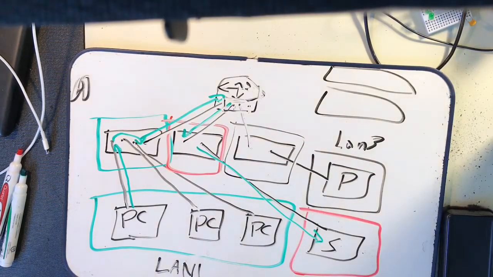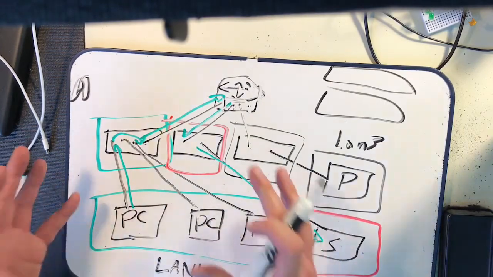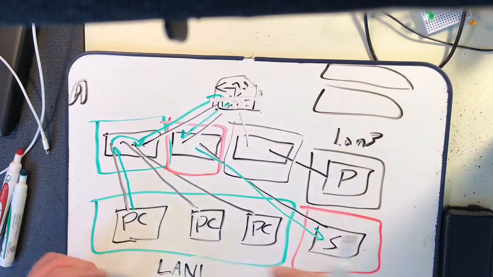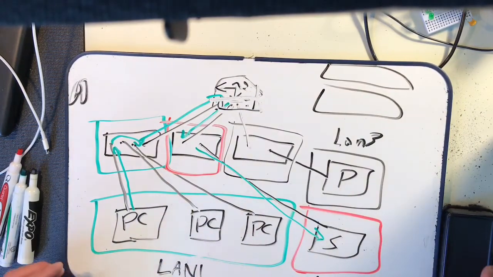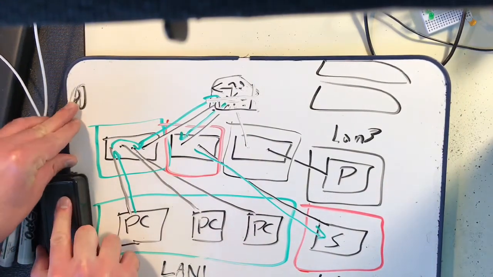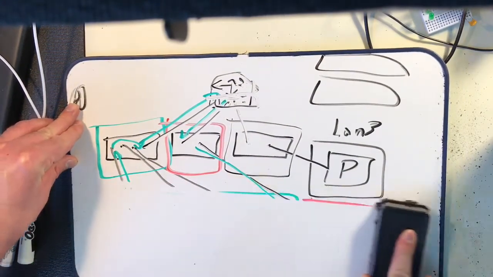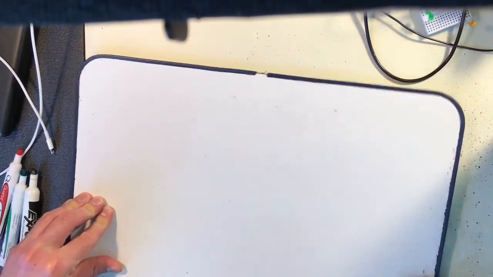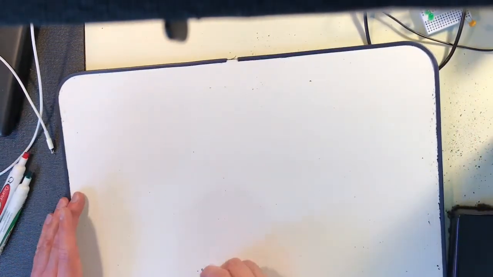You might have 10 VLANs. You might have 100 VLANs. It could just keep growing. At some point, you're going to have tons of switches, and you're going to need a router that has all the interfaces under the sun in order to connect to these switches. That's just not feasible. It's not cost effective, and it's pretty inefficient. So that is where you would have